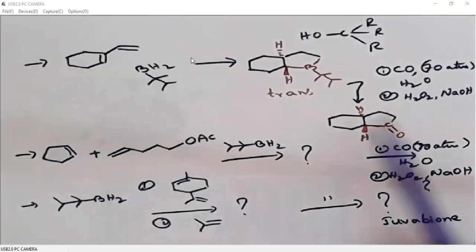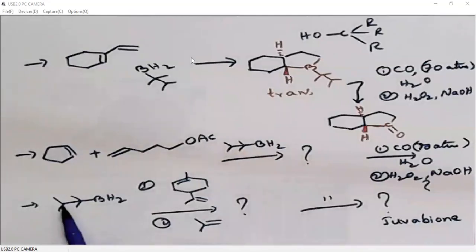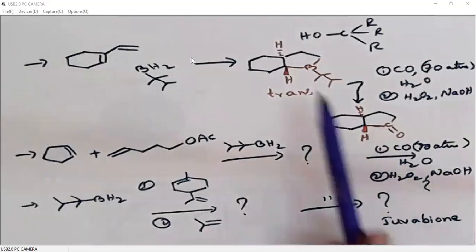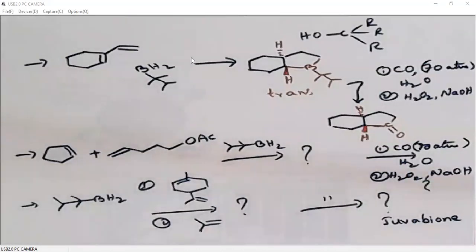But when it comes to alkyl migration, it is the reverse fashion. First, the less sterically crowded alkyl group will migrate. If we increase steric crowding, then alkyl migration will be a little bit slower. So when we want to add, we must add the highly crowded first, then less, then less. But in the case of shifting from borane to carbon or to oxygen, it will be the reverse way. The less sterically crowded alkyl group will migrate first, then the more sterically crowded alkyl group.